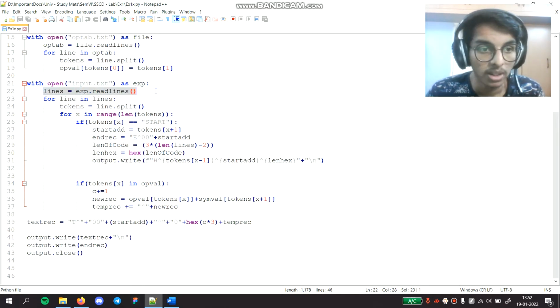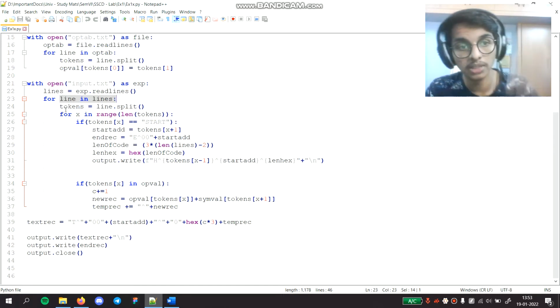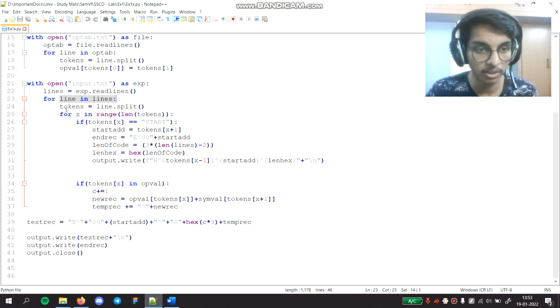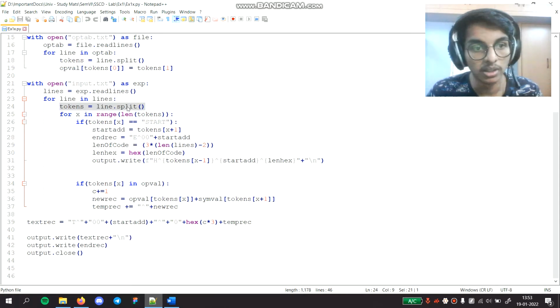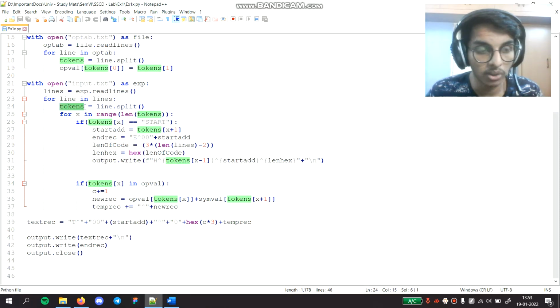In this file, I'm taking all these files and checking. First I'll split all the lines. I've taken the whole text file, and I'm separating each line, and after that I'm separating each line into each word of the line. That's what the tokens are. So at this part, all the individual words are split on the blank space, and in the tokens we'll have all the words after splitting. After that,